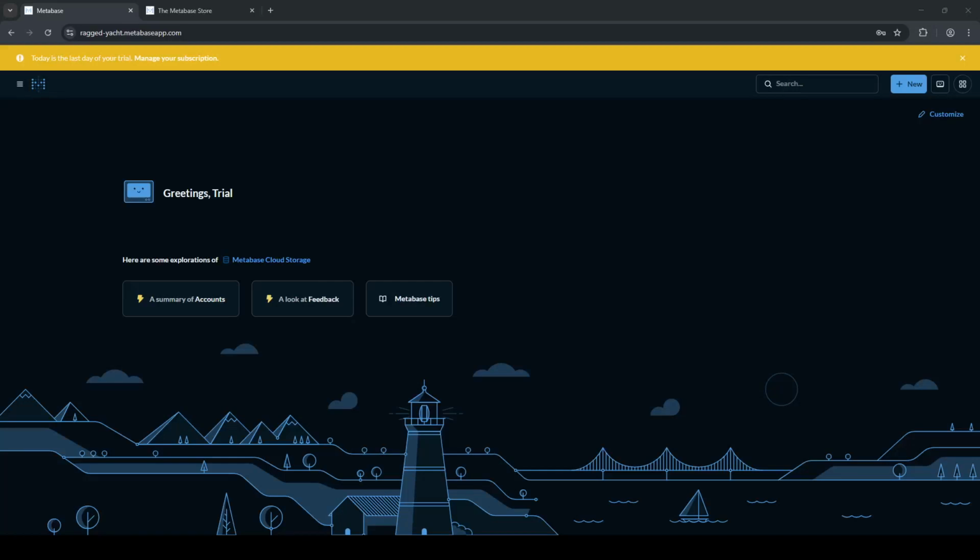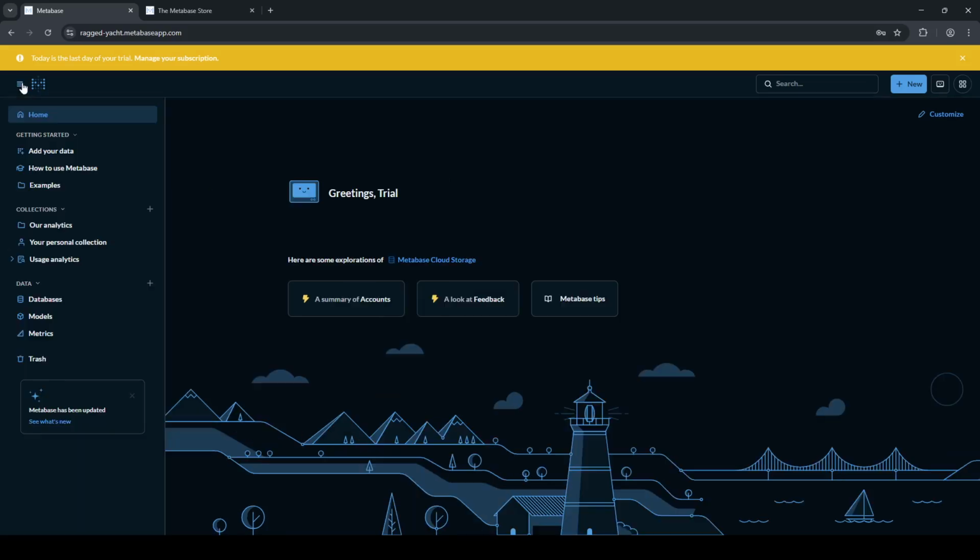In today's video, I'm going to teach you how to use Snowflake on Metabase 2026, step by step. By the end, you'll have your Snowflake warehouse connected to Metabase, so you can explore data, build charts, and share